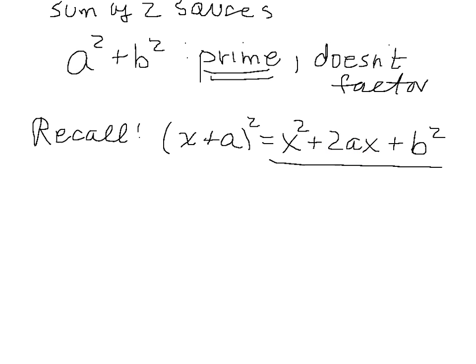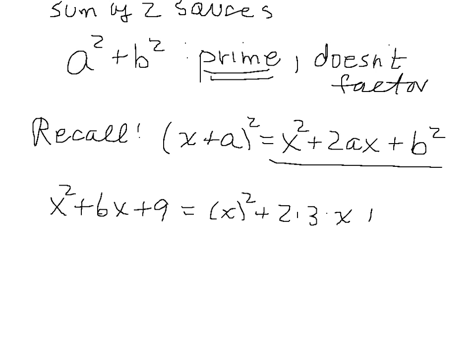So here's a simple example like that. If you have x squared plus 6x plus 9, you can think of it as x squared plus 2 times 3 times x plus 3 squared. And then it fits exactly into this pattern,